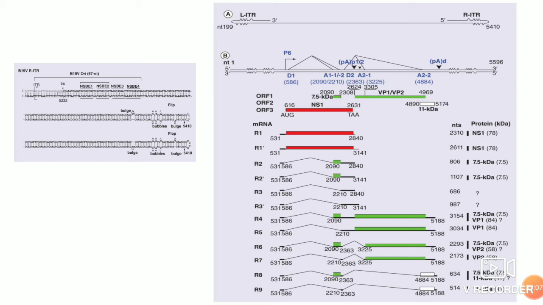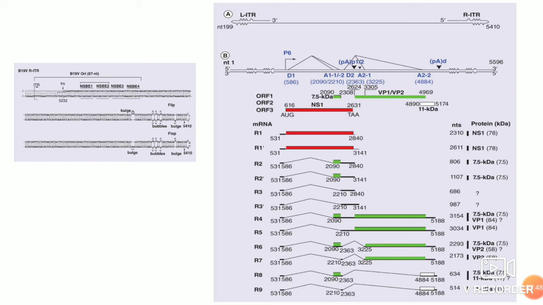It has one promoter. As I told, as soon as the DNA enters the nucleus, the single-stranded DNA, with the help of inverted terminal repeats, the left inverted terminal repeat and right inverted terminal repeat, the synthesis happens. You have the 5 prime at the right terminal repeat, where the synthesis happens, it looks like a nick is there in the double strand. So there is a synthesis and then ligation at the left inverted terminal repeat, that is the 3 prime end is joined, and then you have the double stranded replicative form.